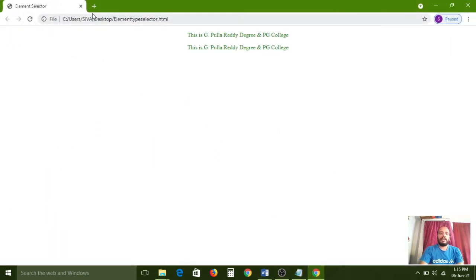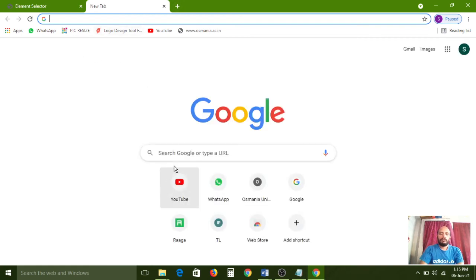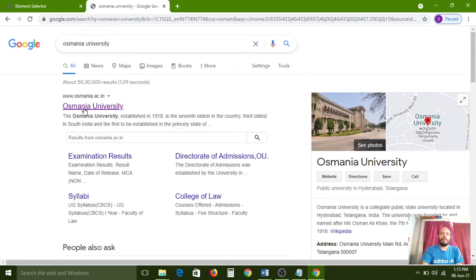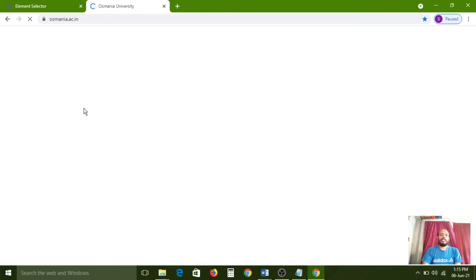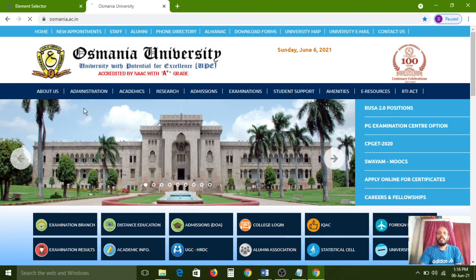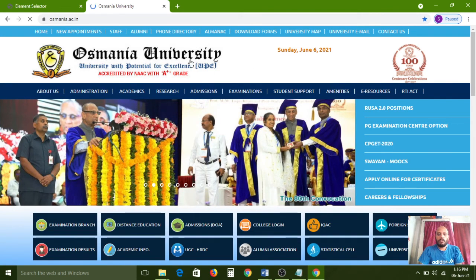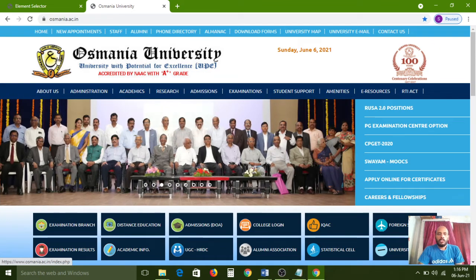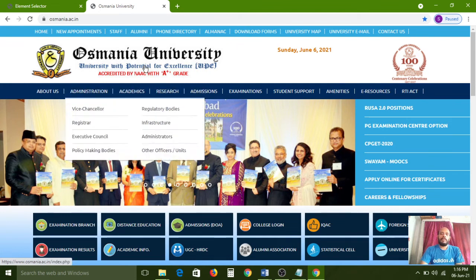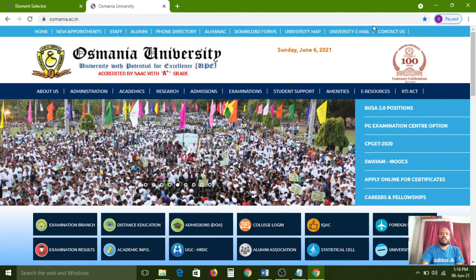Nothing but one complete example, one complete website you have, Osmania University. Now I am opening the Osmania website for your understanding. And here, carefully observe. Here on Osmania University, the background is white, and there are no blue colors applied; only for the text, three colors have been applied. So this is a unique identification, because in the complete website the name is maintained in a unique way. So in that case we can use the ID attributes.